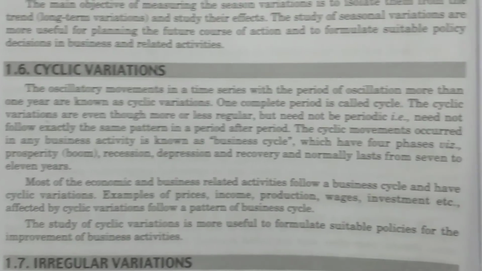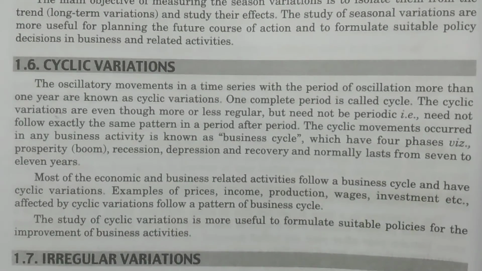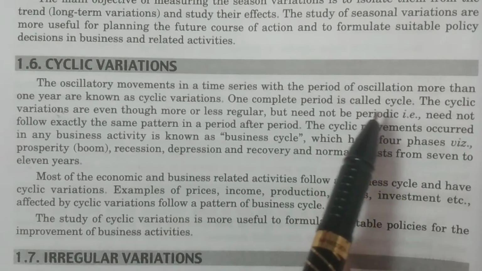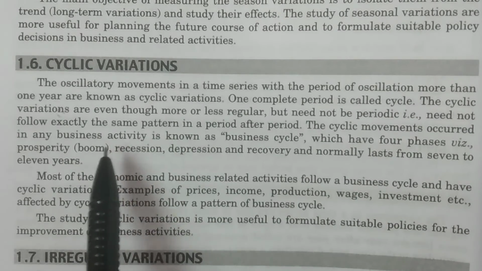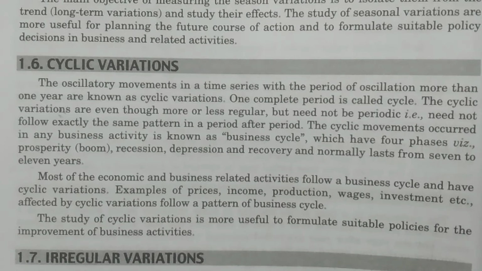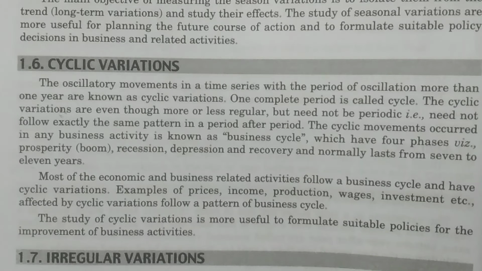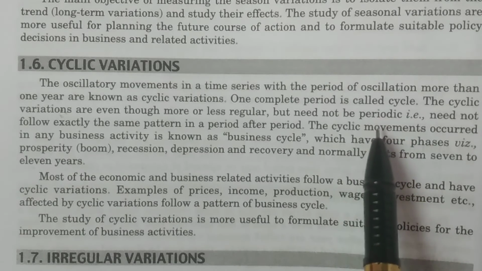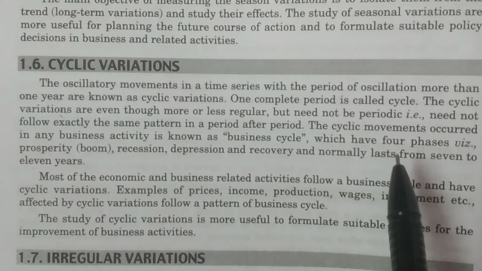Next one, cyclic variations. The oscillatory movements in a time series with a period of oscillation more than 1 year are known as cyclic variations. Which means one particular cycle is a period. A complete period is going to be represented as a cycle. The cyclic variations usually occur in business because